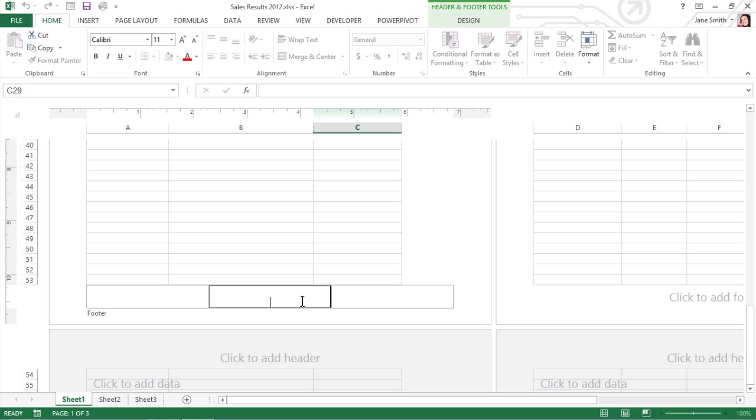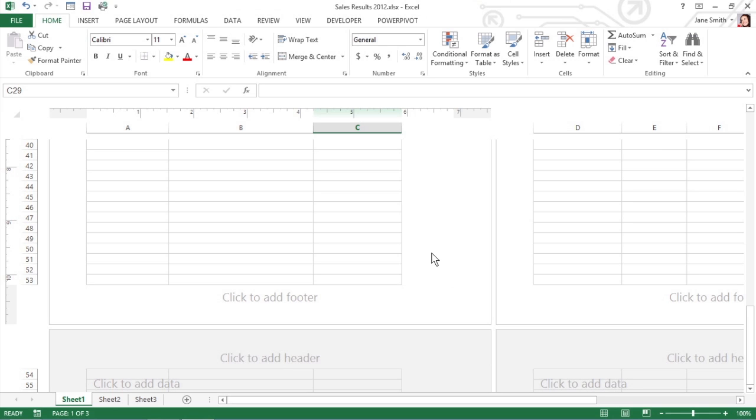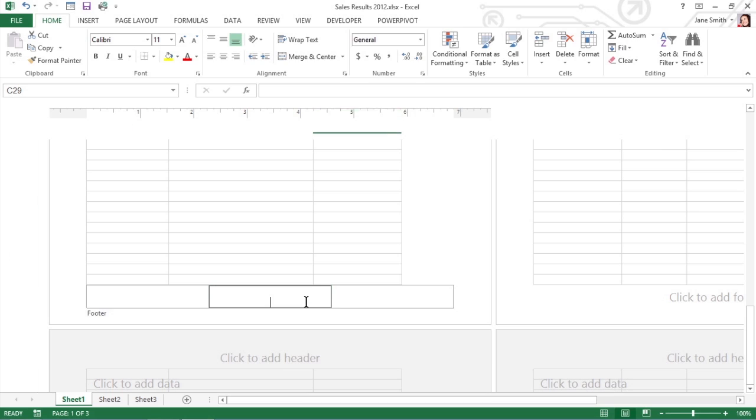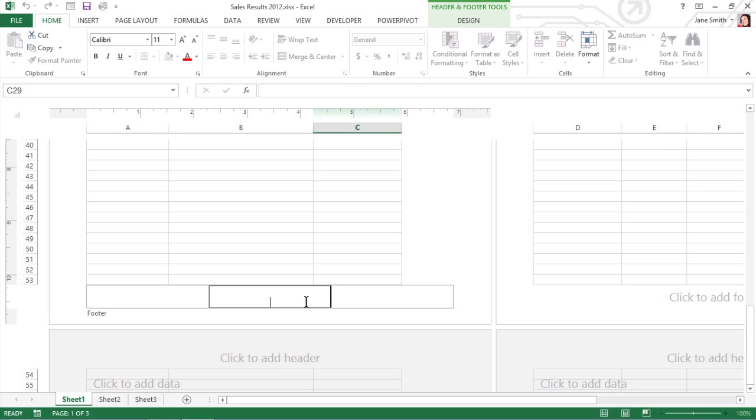To create a centered header or footer, click the center section of this area to set the insertion point in the middle of the section. To add a left-aligned header or footer, click the left section to set the insertion point flush with the left edge. Or to add a right-aligned header or footer, click the right section to set the insertion point flush with